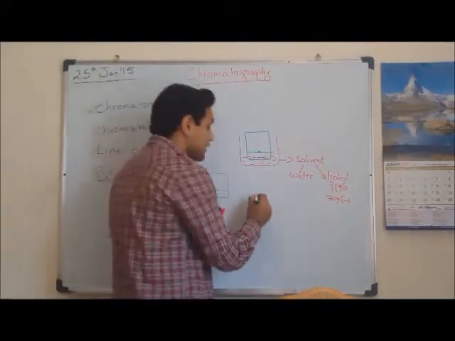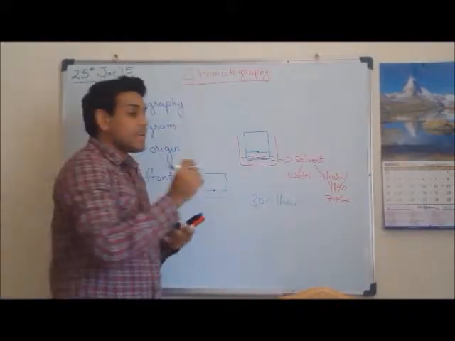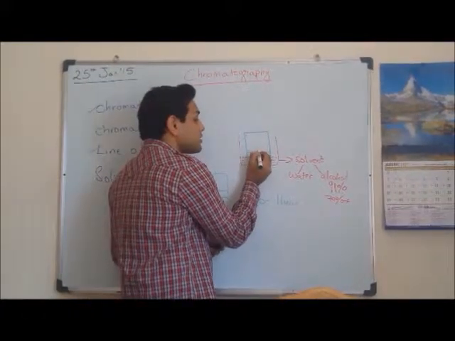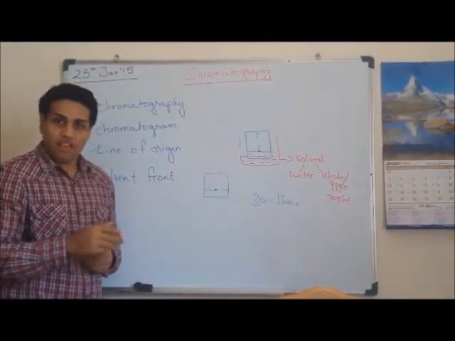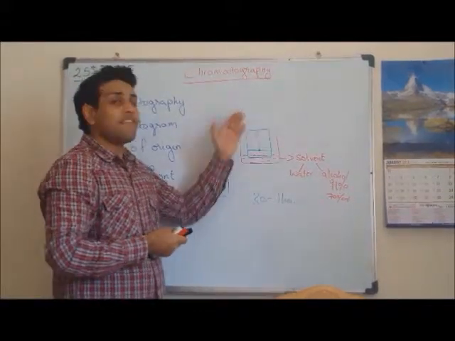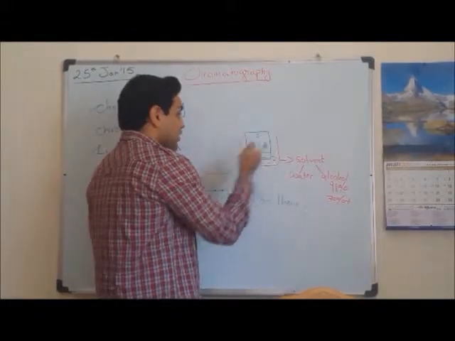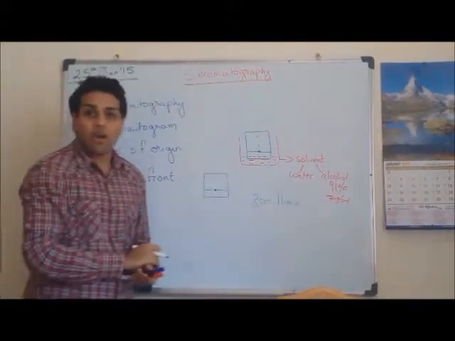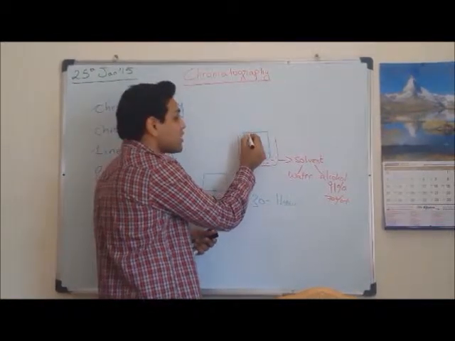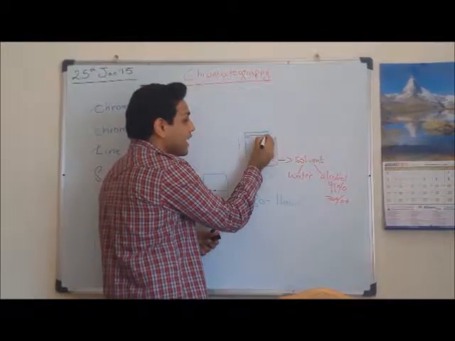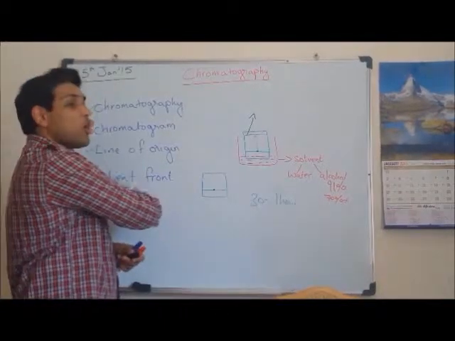Leave it for about 30 minutes to 1 hour, and you will see that the colors will be produced going slowly upwards, and that's how you're going to see the different types of mixtures if present. Different levels show us that. Now, the highest level reached during the period of 1 hour will be marked. For example, if this is the highest level reached, we will draw a line above it, again using a pencil, and this line will be called the solvent front.